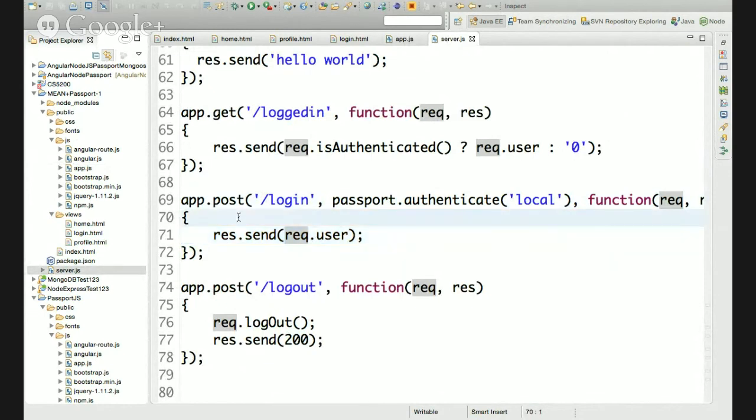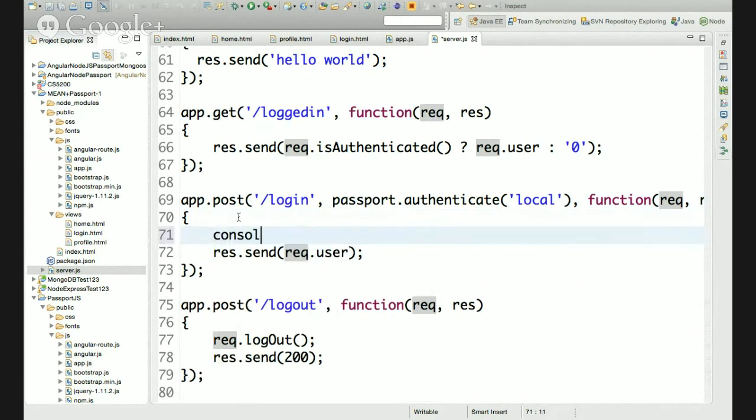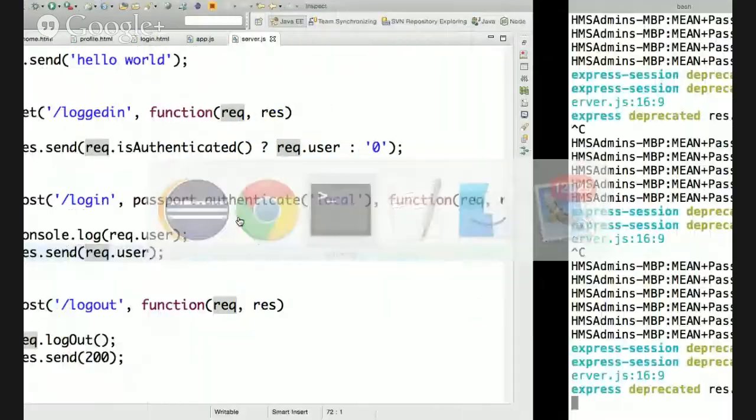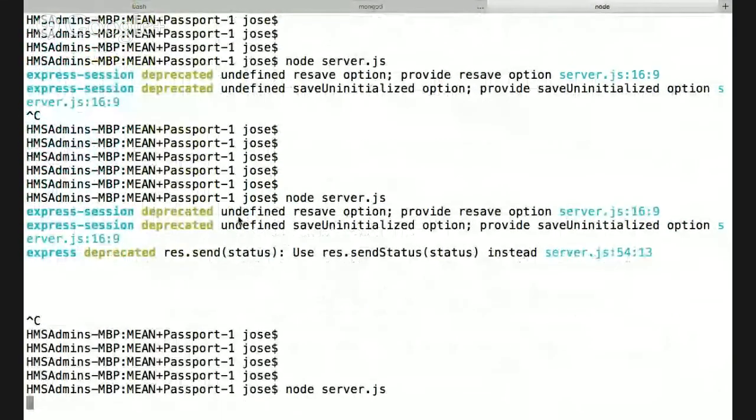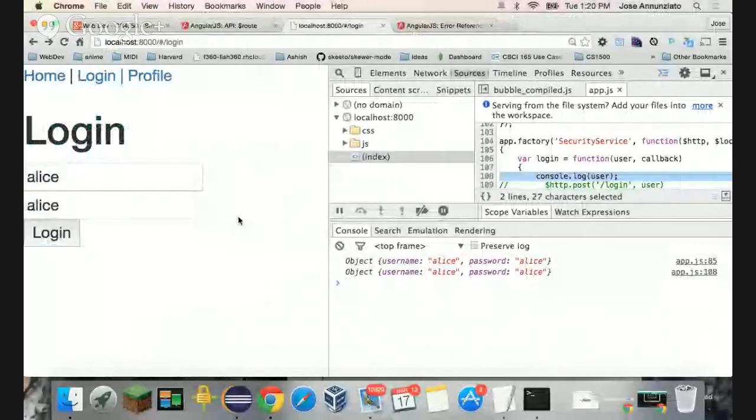Well, actually, yes. Let me print out. I'm gonna do console.log over here. Log the user and the server side, and restart the server. Okay. So if I click Alice, right, and I do a login,